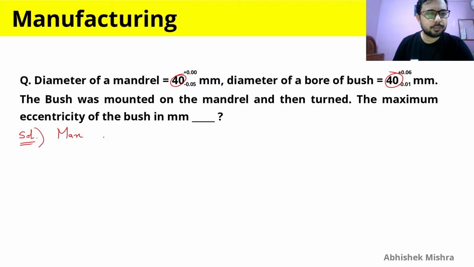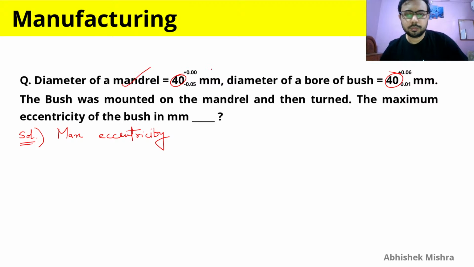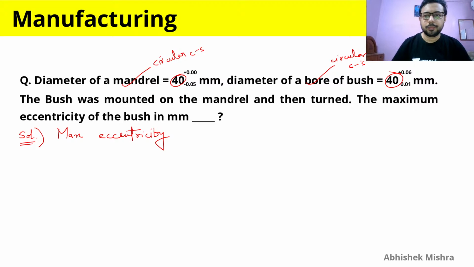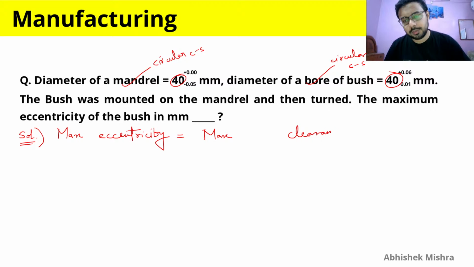let me write. Since the mandrel and the bore have a circular cross section, therefore the maximum eccentricity of the bush, or maximum eccentricity simply, for any question you have to take it as maximum clearance. But which clearance? This is the important thing, and